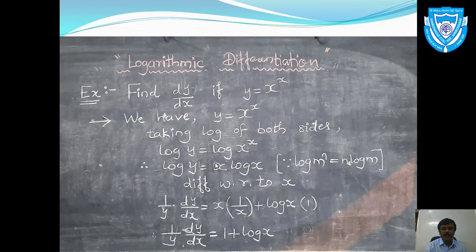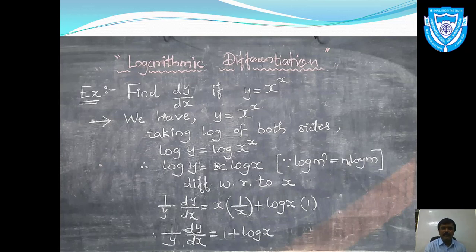That is x into 1 upon x plus log x into 1. That is first into derivative of second plus second into derivative of first. Now why do we use the words like first and second? Because we address the first function as x and the second function as log x. In some cases we call it as u and v. That is u into derivative of v plus v into derivative of u. We have used the same formula, the same rule to find the derivative of right hand side.